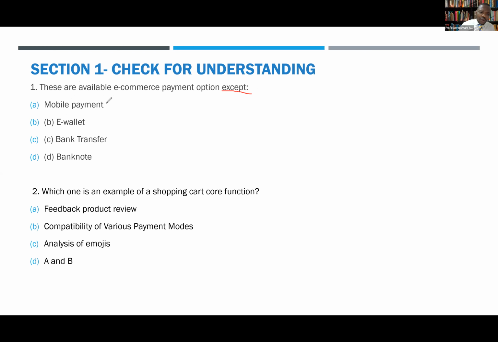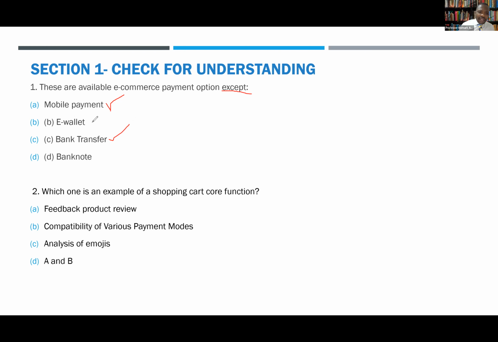So we know we can use mobile payments. We can use, is it e-wallet? Bank transfer or bank notes. So bank transfer makes sense. So now we have 50-50. Which one of these is left that we need to cross out? That's not the right answer. You can put it. Thank you very much. You are very right. Fanny, yes.